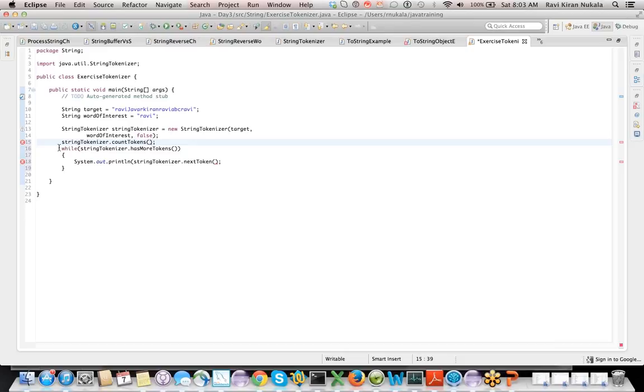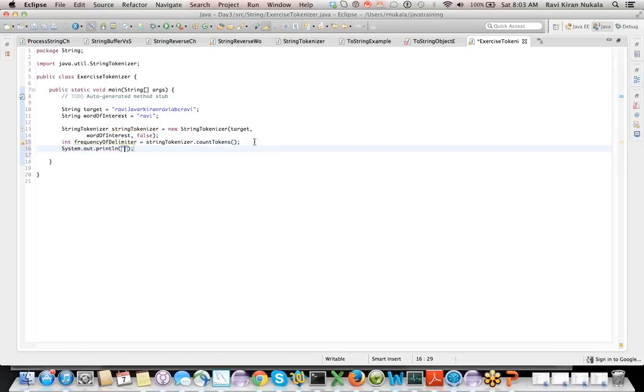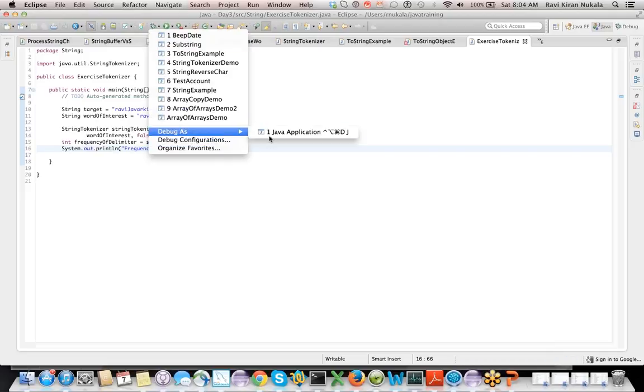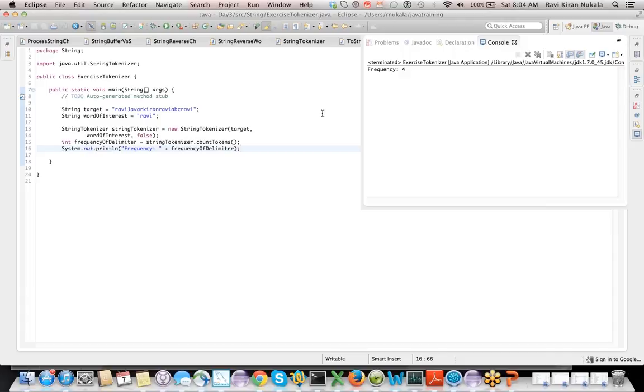This will make it even simpler, I think. Ravi, we have to count the word of interest token counts too, is it? Yes, how many times Ravi occurs in the target?